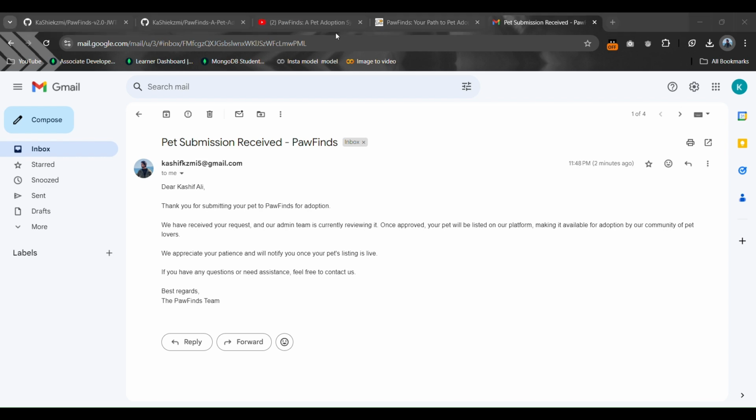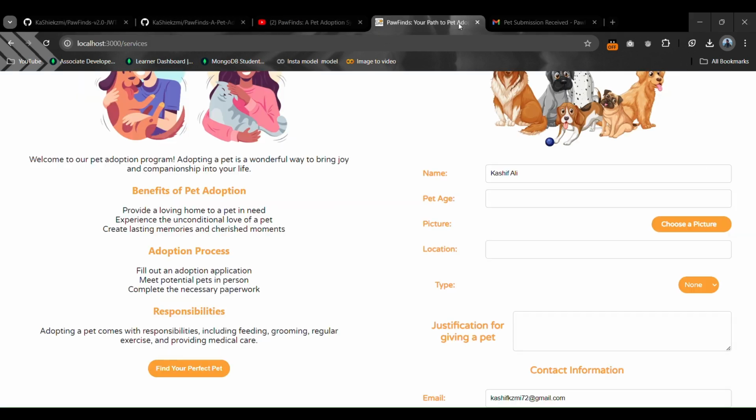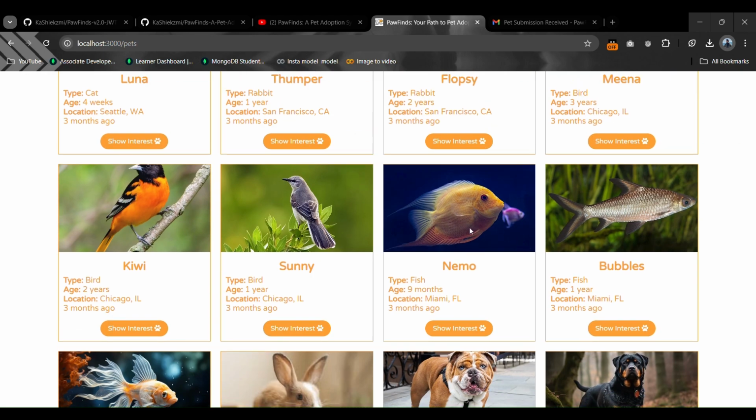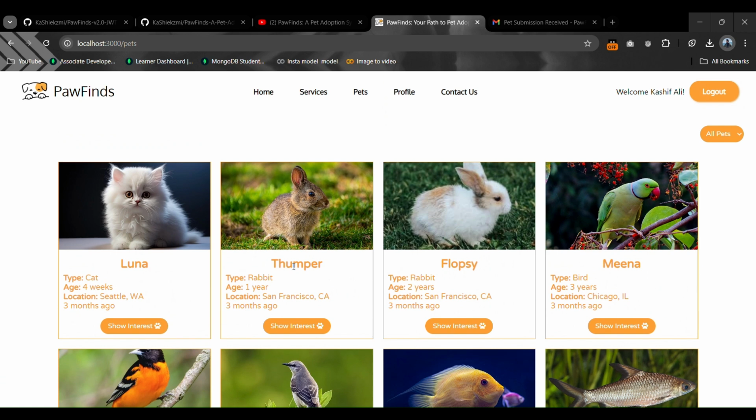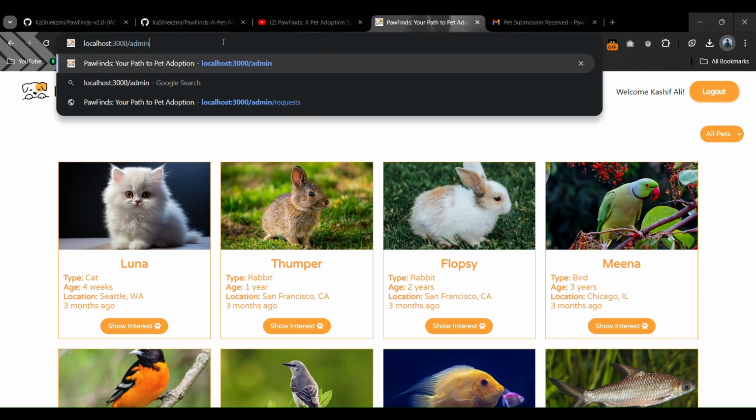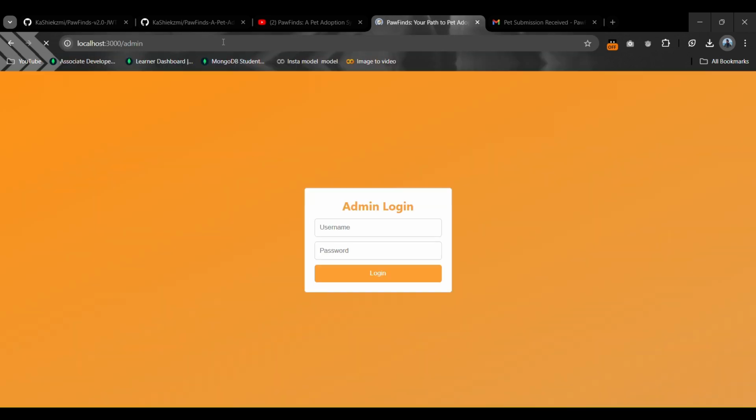Here we can check our own functionality where the newly entered pet will not go live. Here we can see that our newly entered pet is not available here because it is waiting for approval of admin. If we go to admin to view the functionality of receiving an email on approving or rejecting the pet,